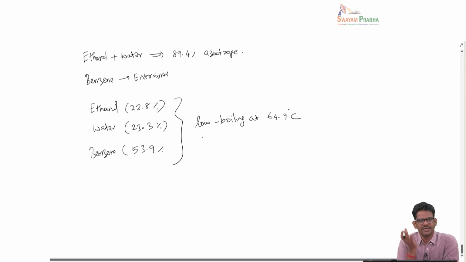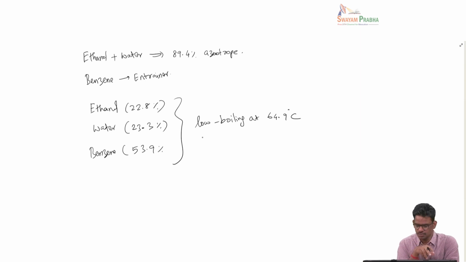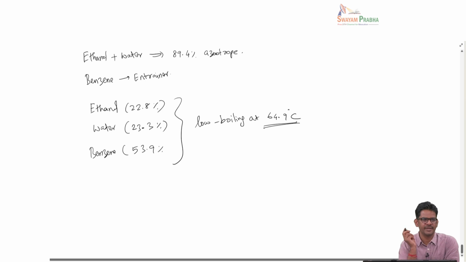So adding benzene to the ethanol water mixture forms an azeotrope of this composition, and this azeotrope boils at 64.9 degrees